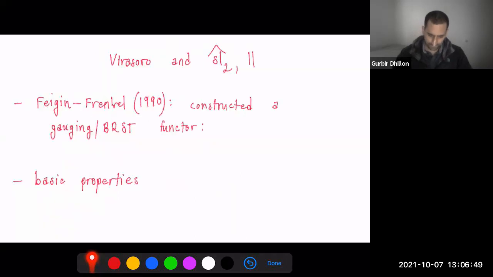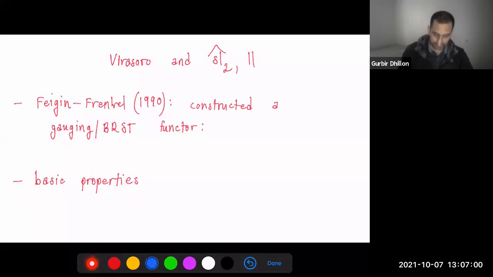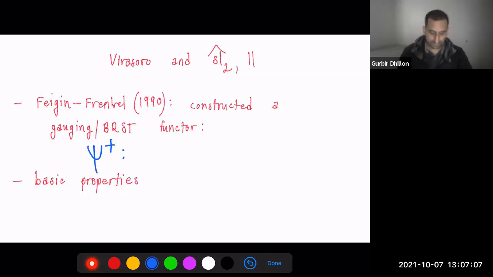And then the first people to set this up mathematically were Fagan and Frenkel in 1990. So they rigorously did this gauging. It was some BRST functor. So we're going to call it in this talk psi plus, or the plus reduction. And so what it did was,